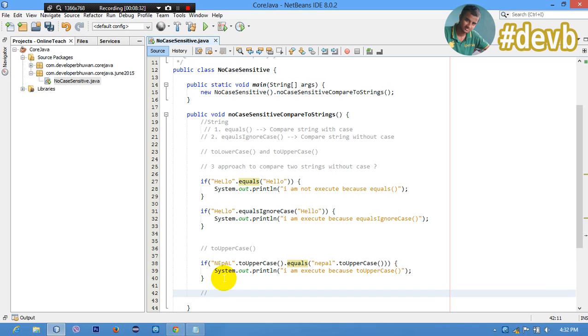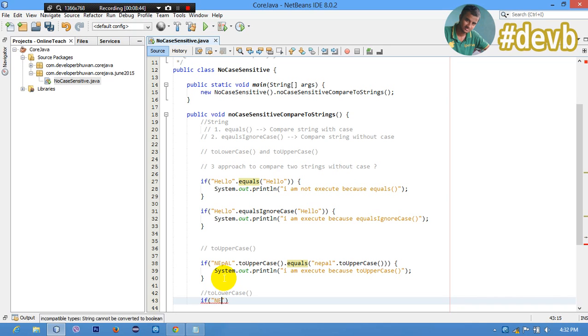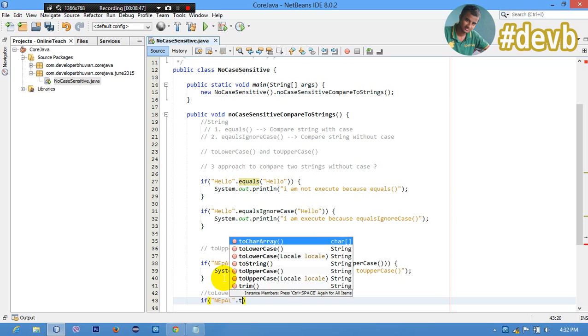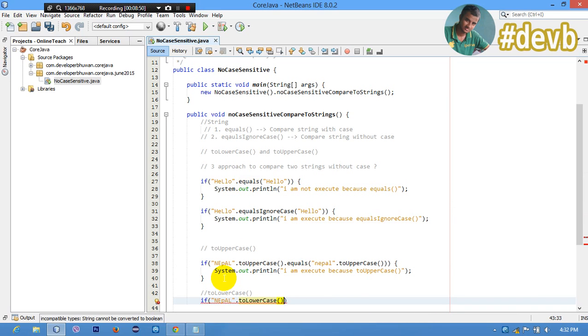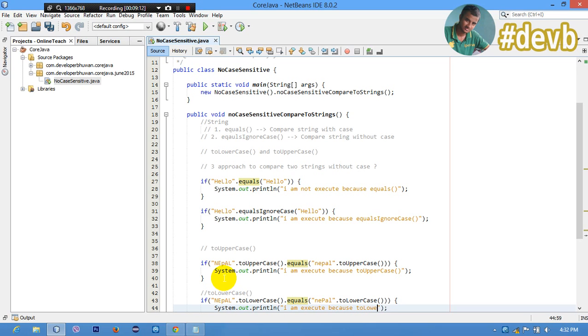Another case, toLowerCase. If NEPAL.toLowerCase().equals(NEPAL.toLowerCase()), I am execute because of toLowerCase.